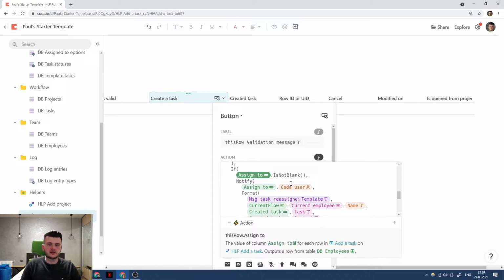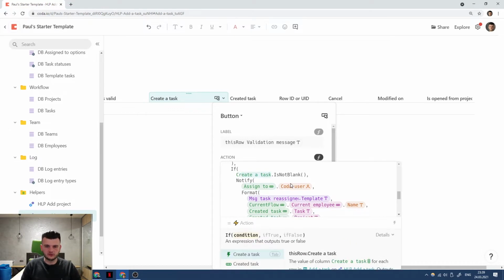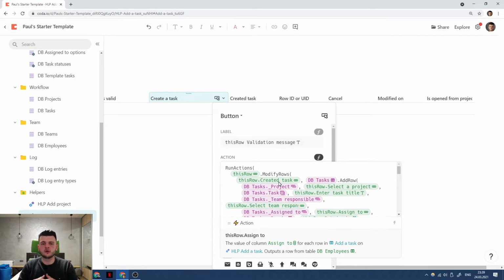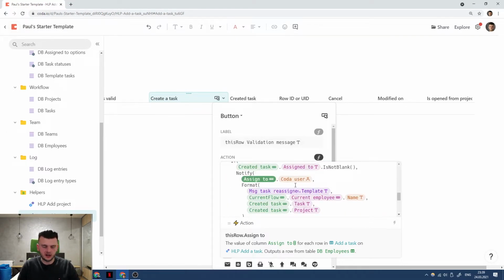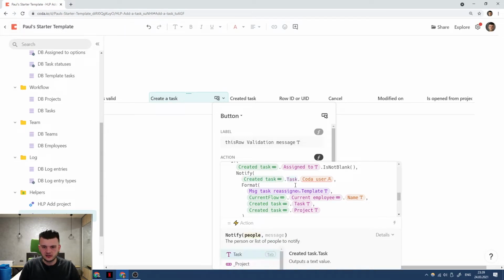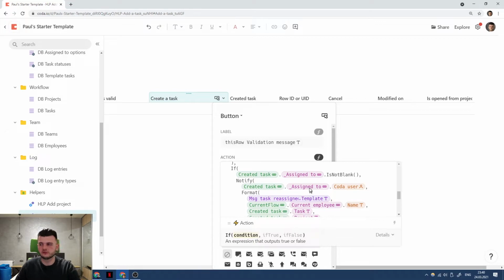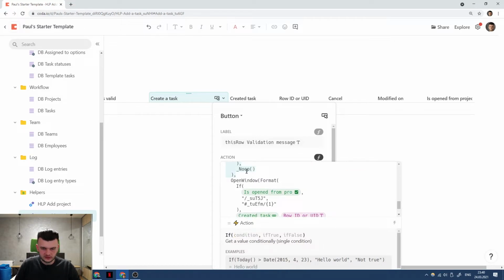And we read the assigned to, I guess, not from this form but from created task assigned to, because that's just cleaner, because we offload the responsibility of holding the data from this row to the created task. So now created task is in a way our source of truth, and we should read from our source of truth. It doesn't matter because we just took a value from here and copied it in there, but it's more of an ethical thing to read from a source of truth. So yeah, copy that